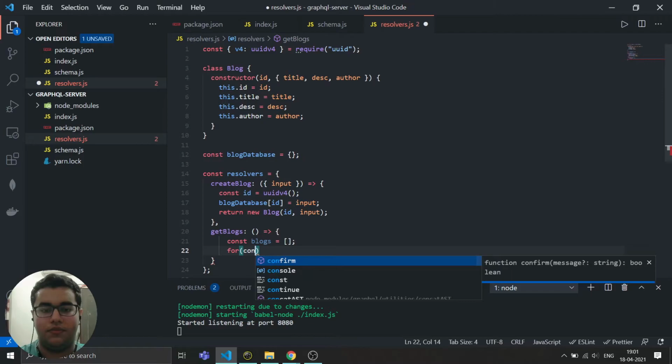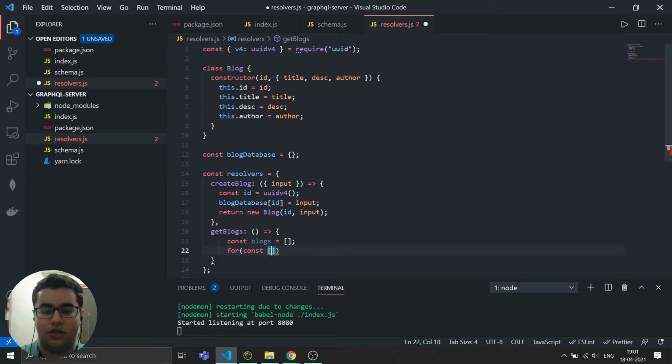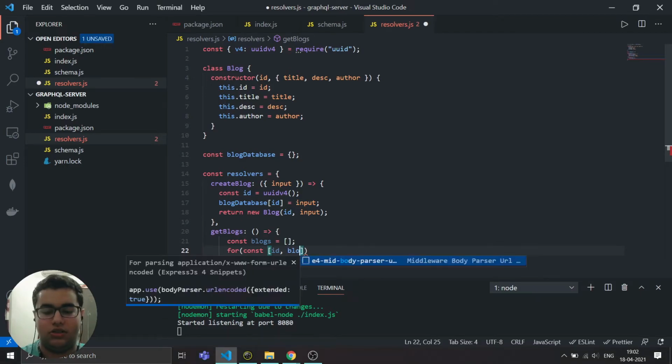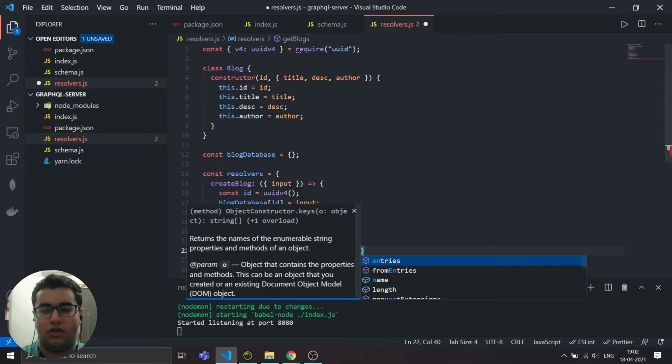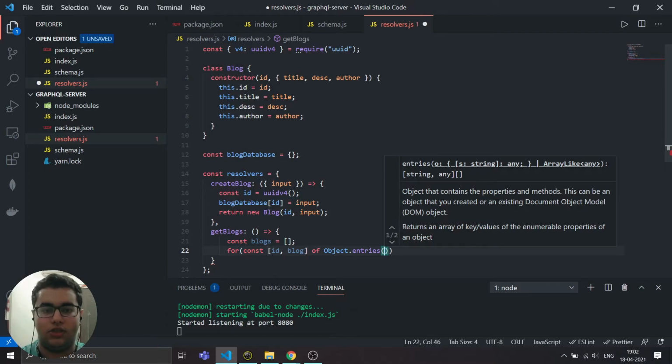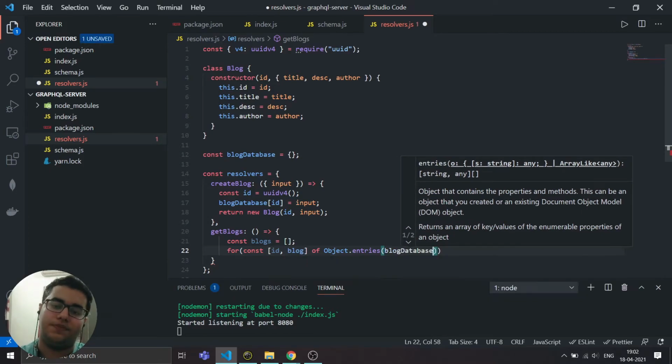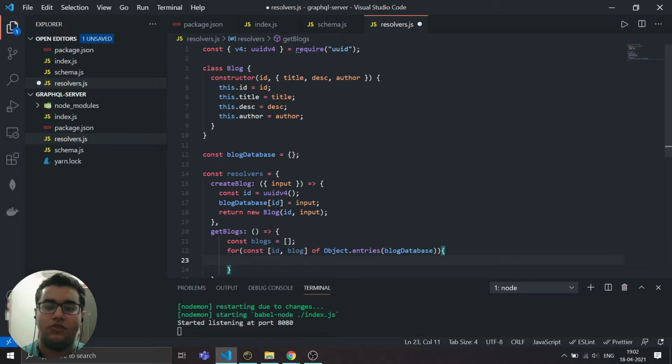So const, it will be giving a key and a value, that is id and input, or let's say blog, of Object.entries of blogDatabase. Object.entries returns a key and a value, so we are traversing through that.